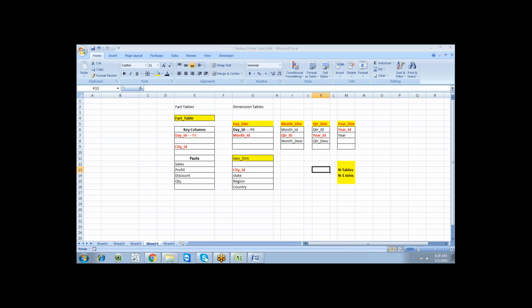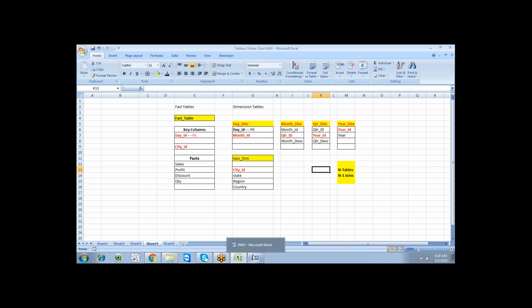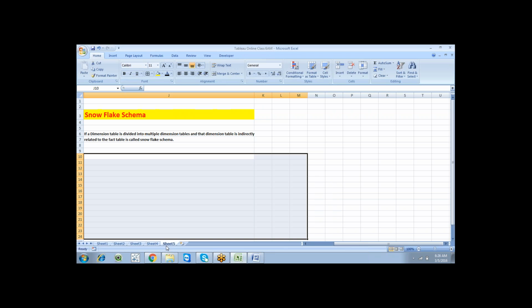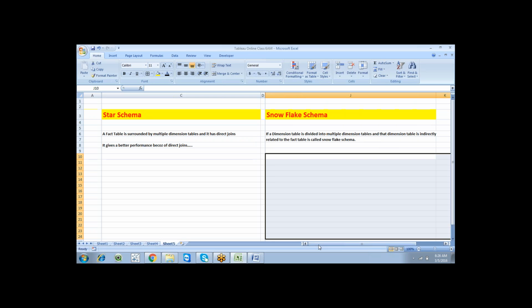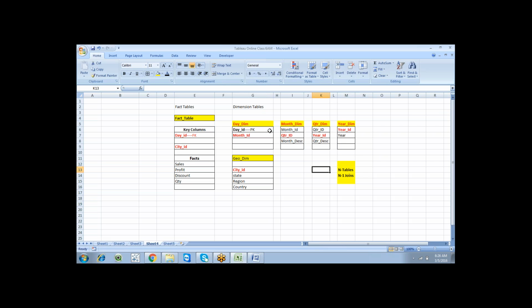And this is important when it comes to the join condition: why we get better performance in a star schema, and why we get a slowdown in a snowflake schema. Normally we can write a simple select query for a star schema and a snowflake schema. We have direct joins. This total is a snowflake schema, with a diagrammatic representation of day, month, quarter ID and year in one particular table.